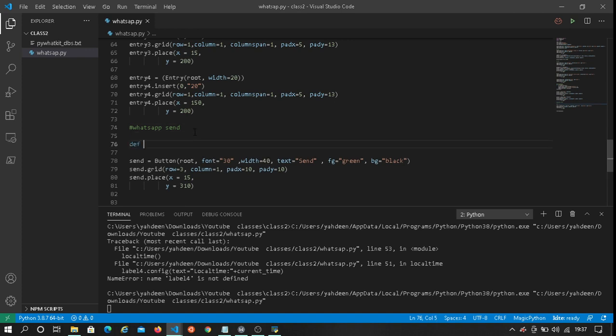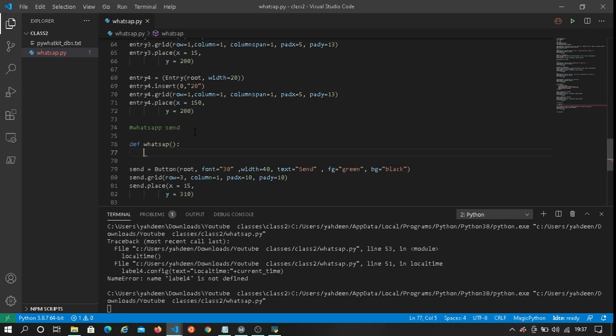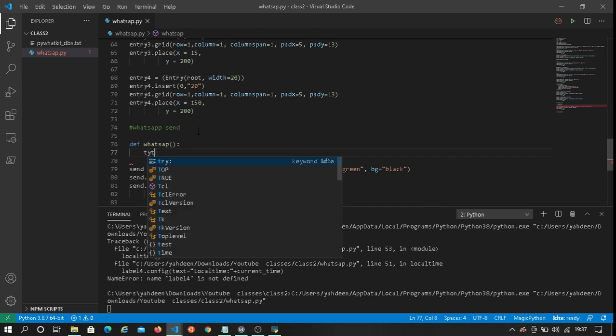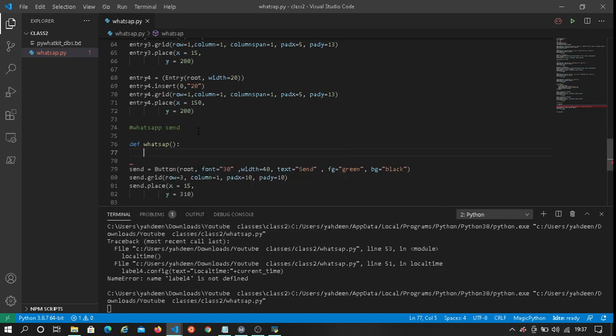Now let's write the function. Define WhatsApp. Now let's not use try blocks now.